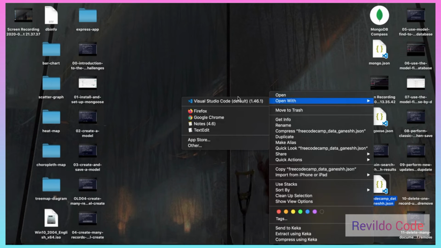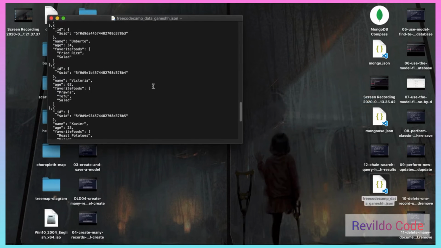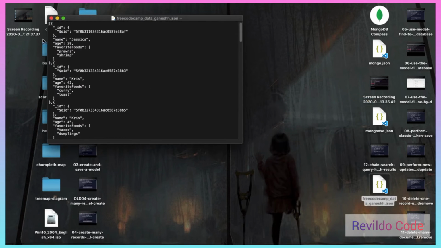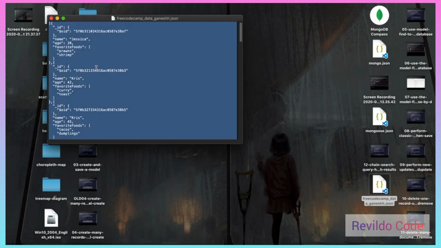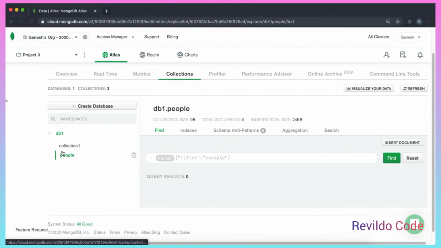And what you can do is download the file, and I'll put that in the description. And then you just want to open it up with a text editor, and I have a bunch of people here with different favorite foods and ages. And what you can do is you can just copy this entire JSON string right here, and then go back into your